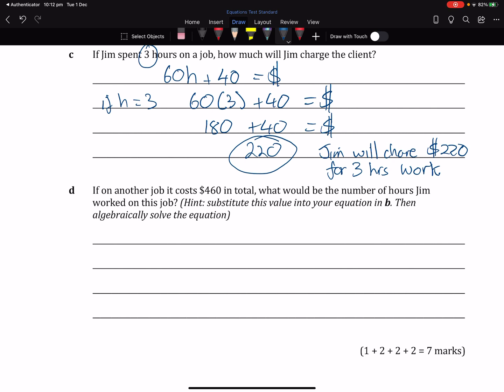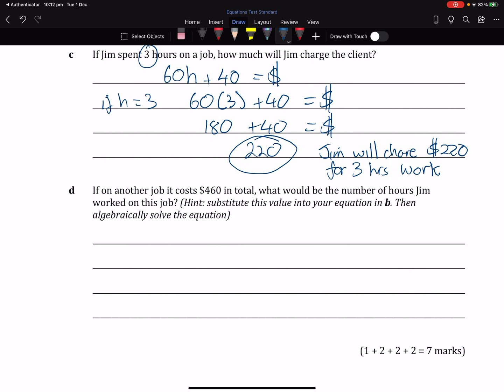What would be the number of hours Jim worked on this job? And it even gives you a hint that you need to substitute the value into your equation from part B, then algebraically solve. So in part C, we were doing just a simple substitution that we did in the algebra unit. In part D, we're really doing what we've been focused on in the equation unit, which is solving for